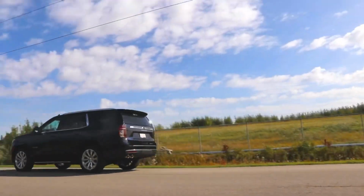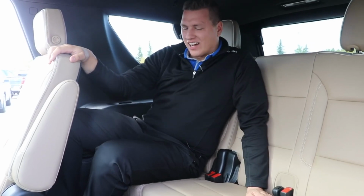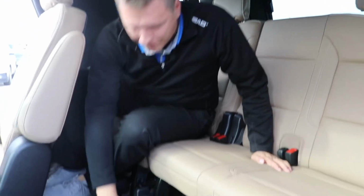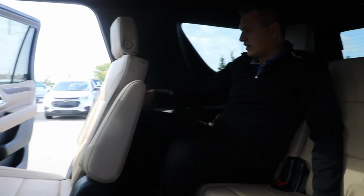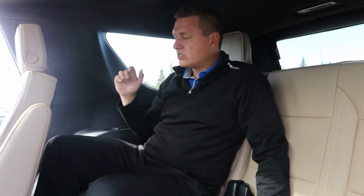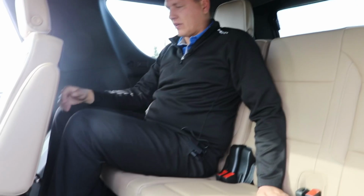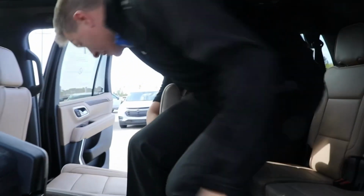So again, on the size of this thing, the old Tahoes used to have the floor that raised up in the middle. This one you now actually have it so you can be an adult and not have your knees in your chest. Also, with the old ones, it was very tough to fit an adult in all 3 rows, where with this one you can kind of see, I can have my feet in front of me, I can still have a few inches of knee room. And then if I was to hop into the middle row,